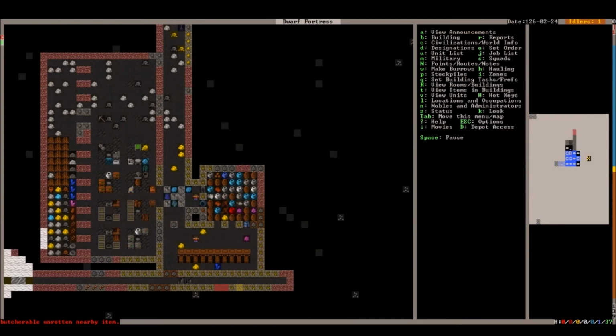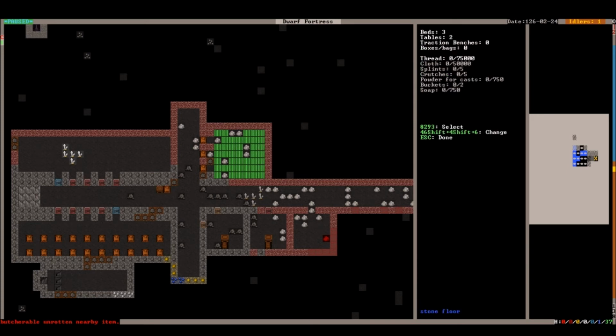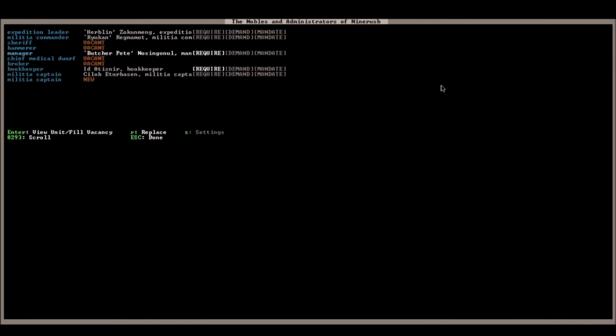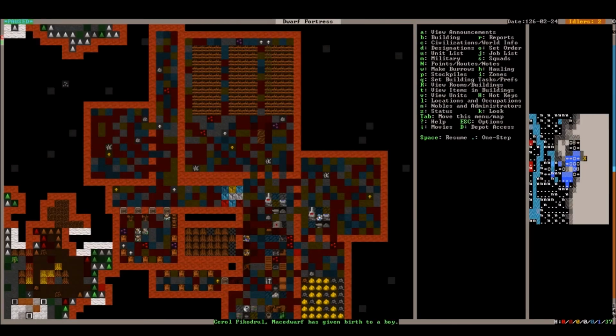Did those beds get placed? We need to assign this as a hospital right away. There we go. It's going to be a hospital. Oops, that's not a garden. Oh, sorry, I put a gathering / pick fruit area, but we need a hospital. Set the hospital information. Okay, so we don't have any of the stuff that we need for a proper hospital. Great. But we do have a doctor, I think. No, we don't. Well, now we do. We have an amazing chief medical dwarf. You can work in the hospital and hopefully...